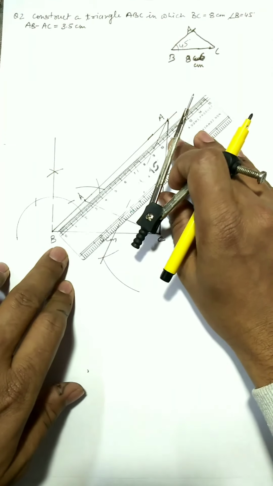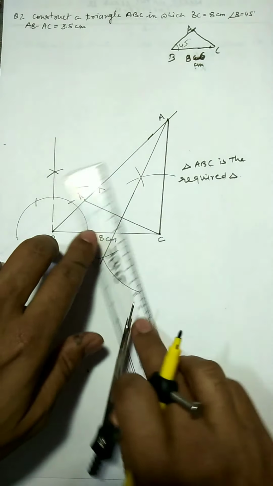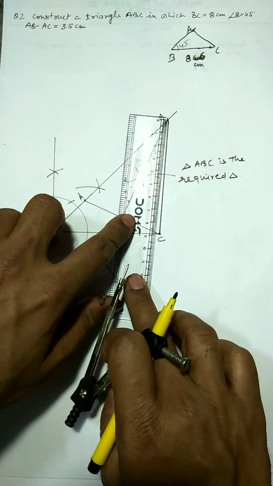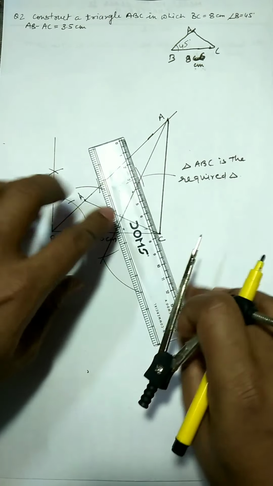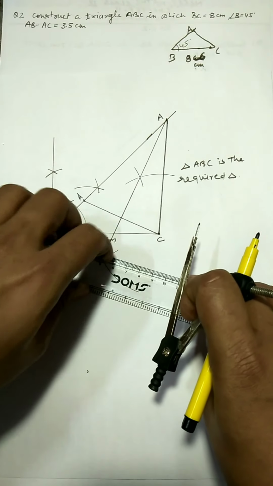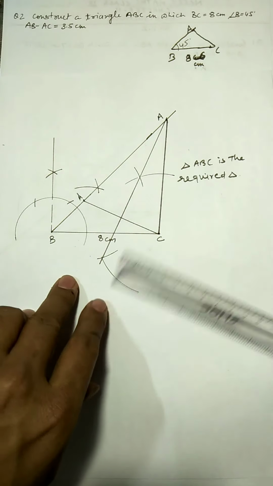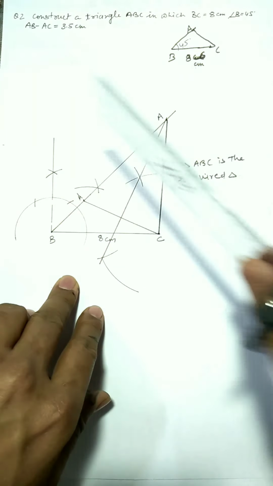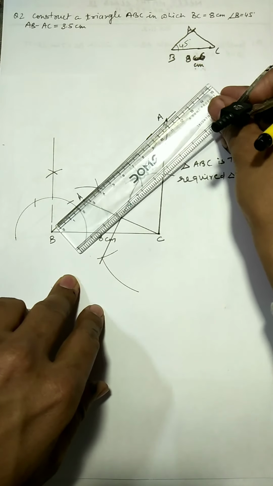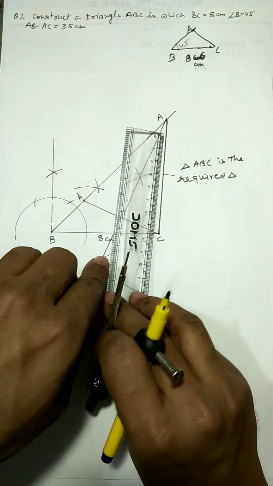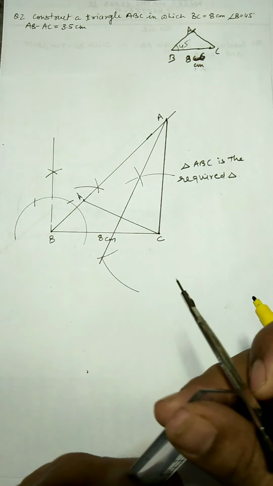You measure AB, this is coming as 12 point something, and you measure AC, this is coming as 9 point something. So 12.5 minus 9, the difference will be 3.5. It means that AB minus AC is getting verified here. AB I measured, this is 12.5, and AC I measured, this is 9. So 12.5 minus 9 is 3.5.